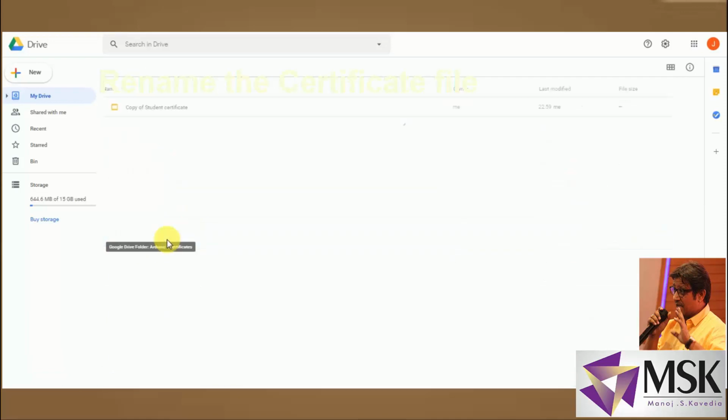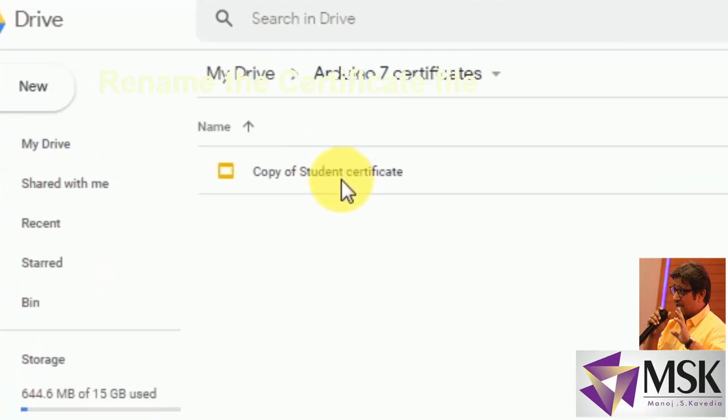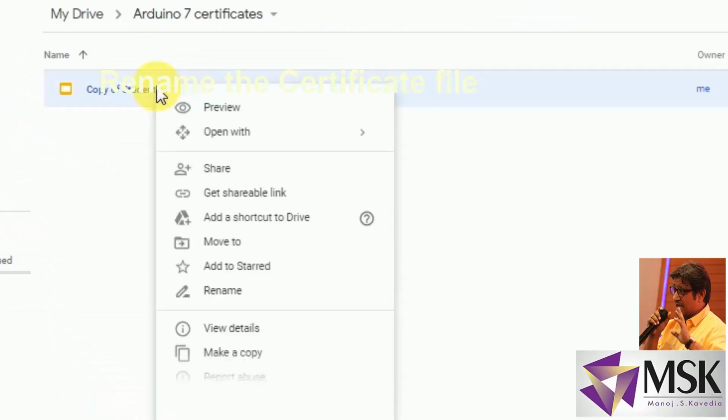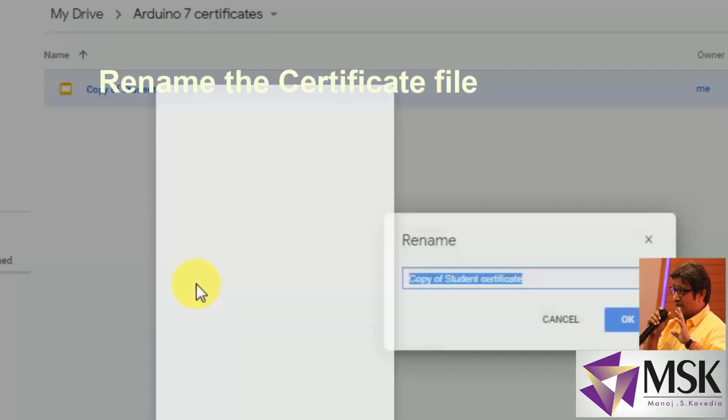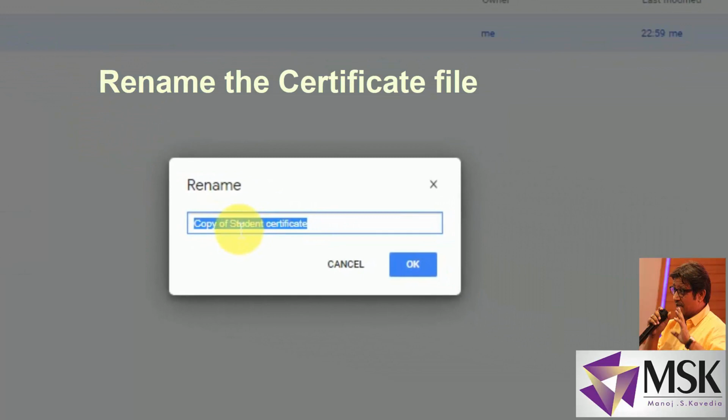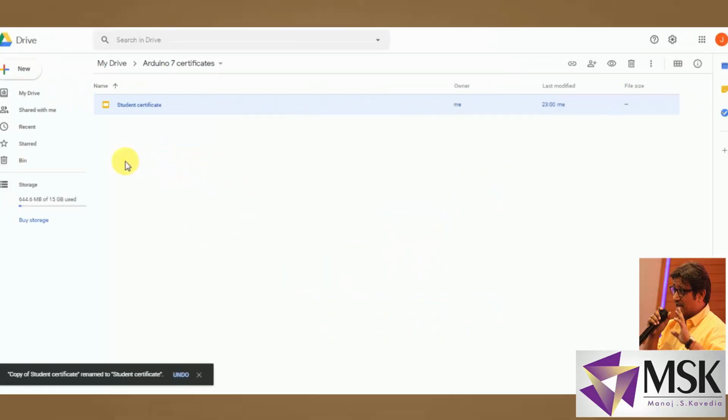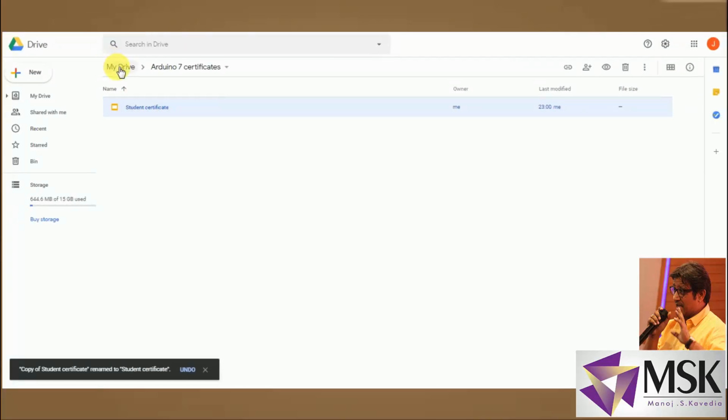Chalo, let's now once it is moved in the folder, its name will be copy of student certificate. So just rename that and make it student certificate, or whatever name you want to give you can, and then press OK.